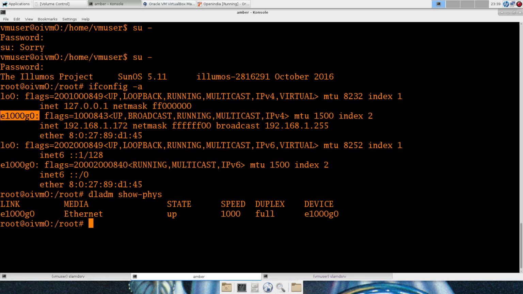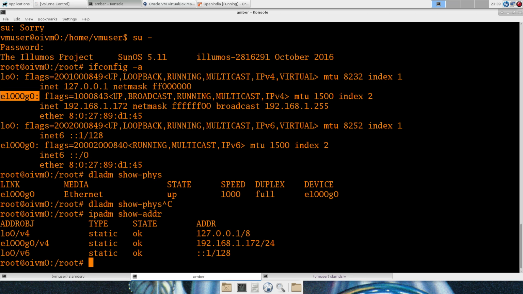So here's our physical interface. And here is our interface here with the address. And you can set this up for the v4, v6, etc. These tools I'm growing to love. Again, when you've spent 20 plus years using ifconfig to do your interface configuration, it takes a little bit of getting used to. But once you master the link administration and the IP admin commands,